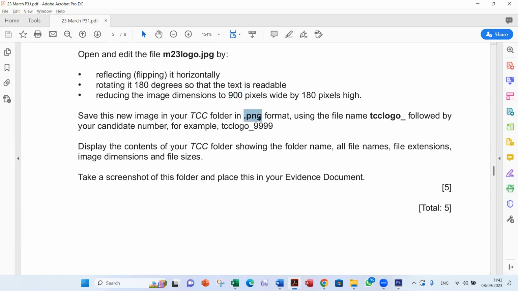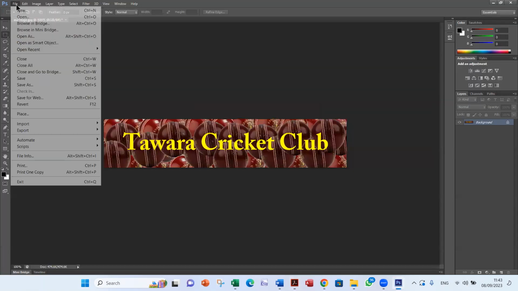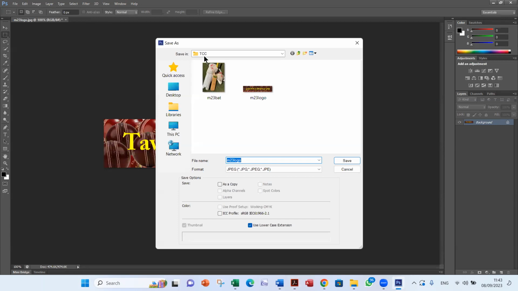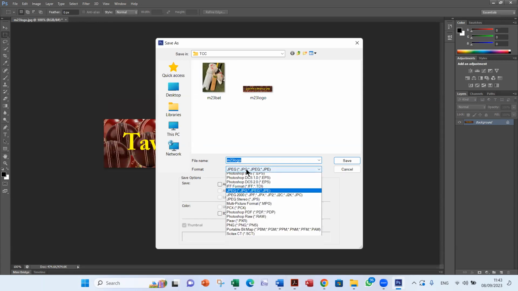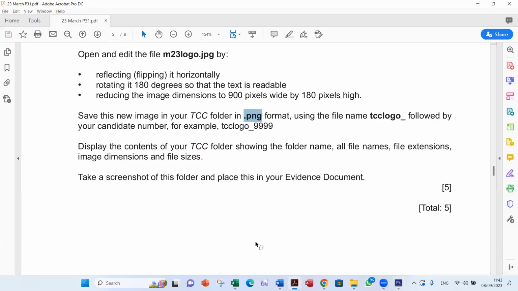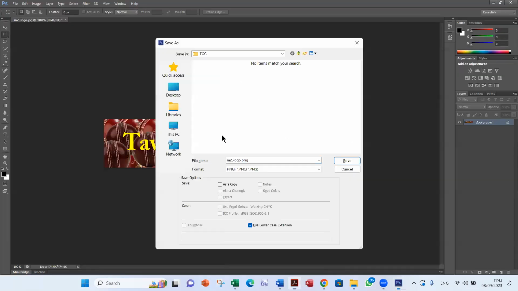Save it in PNG format. File, save as, in the same folder, TCC. However, the file type would change from JPEG into PNG. Using the name TCC logo underscore. So in here, keep the .png and don't touch.